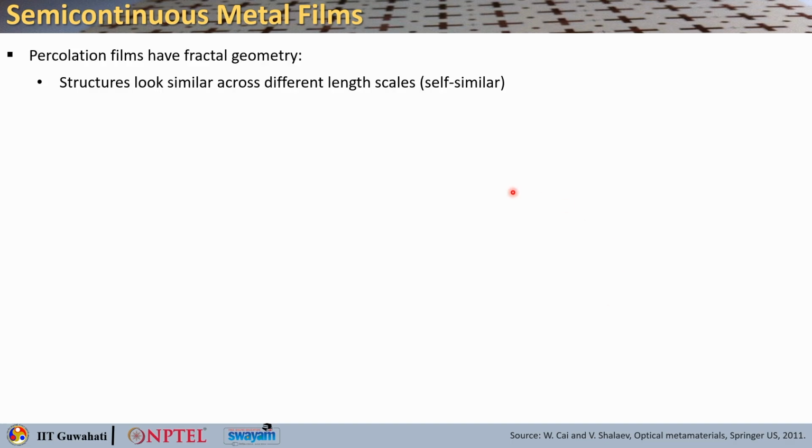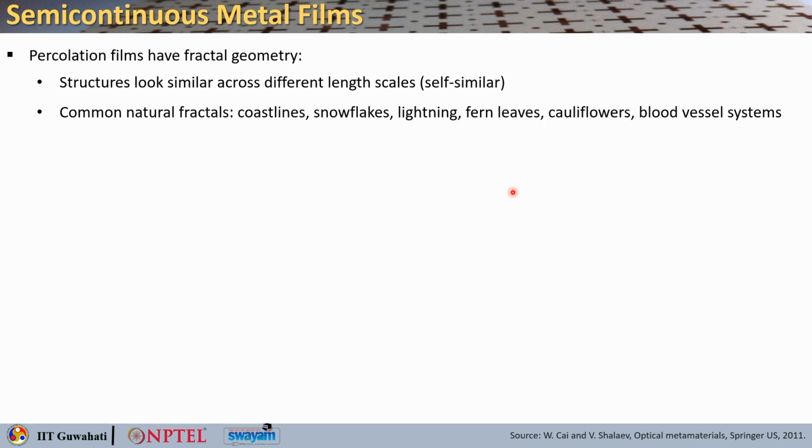So, percolation films are basically characterized by a fractal geometry that will appear similar at different length scales. So, the self similarity in these fractals implies that a fractal system exhibits the same overall shape as one of its parts. Okay. Therefore, the fractal shows the same statistical properties at many scales. So, here are some examples of fractals in nature that include coastlines, snowflakes, lightning, fern leaves, cauliflowers, and even the